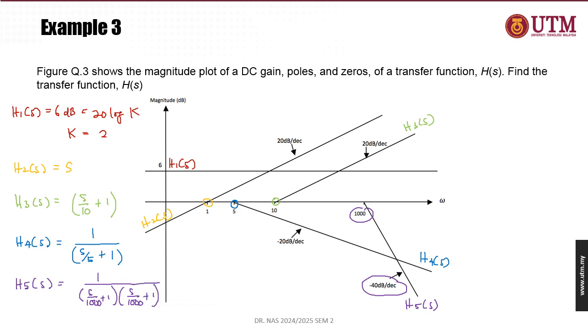So if you are aware, if you have one pole, the line will have a negative slope of negative 20 dB per decade. So when you have negative 40 dB, meaning that you have 2 times the negative 20 dB slope. So that's why H5(s) equal to 1 over (s over 1000 plus 1) squared. Okay,